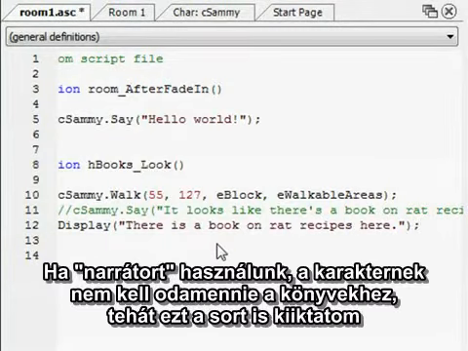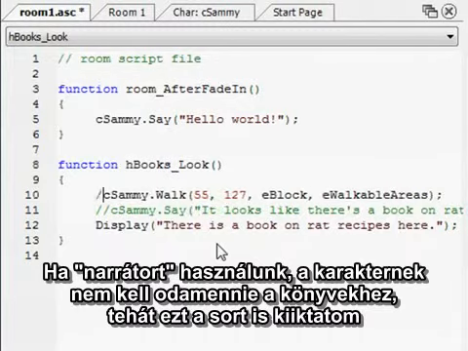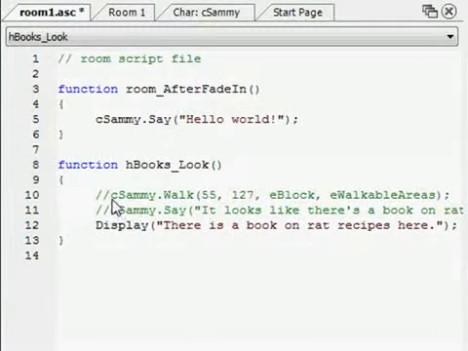In that case, since the narrator's saying it, we don't really need Sammy to walk over there at that point, so I'll comment out that line too. Basically, if I comment out the line by putting 2 slashes in front of it, that just turns it into a comment. The parser ignores it. So when I run the game now,